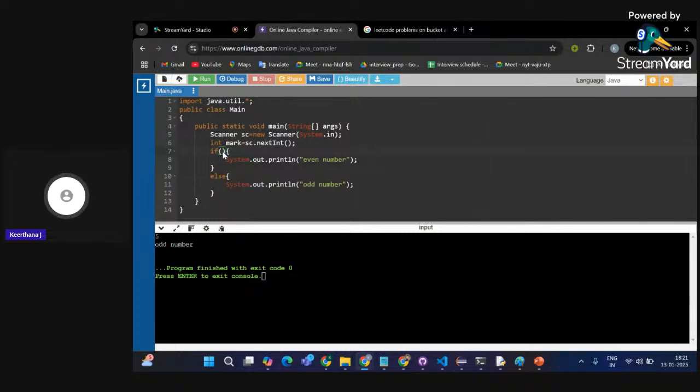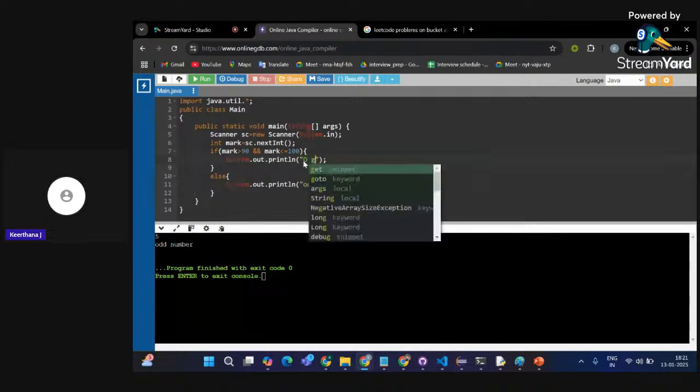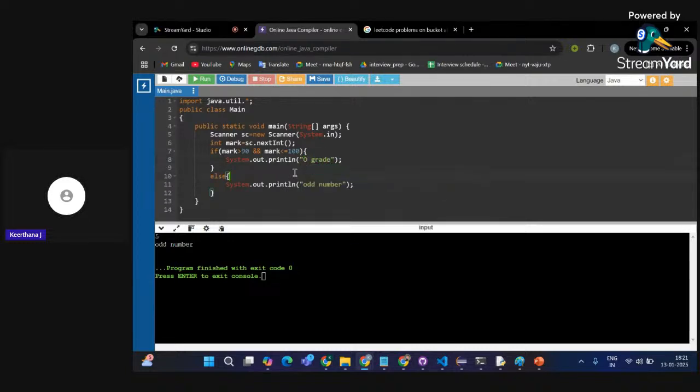Let my condition be: if my mark is greater than 90 and my mark is less than or equal to 100, then I'll be printing outstanding or O grade. If not, I'll be giving some last, yeah, fail.